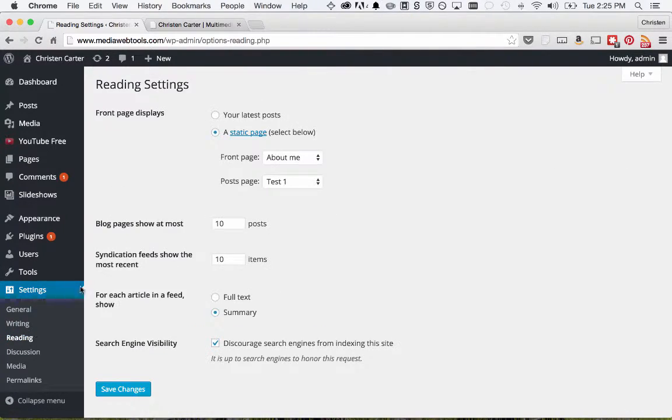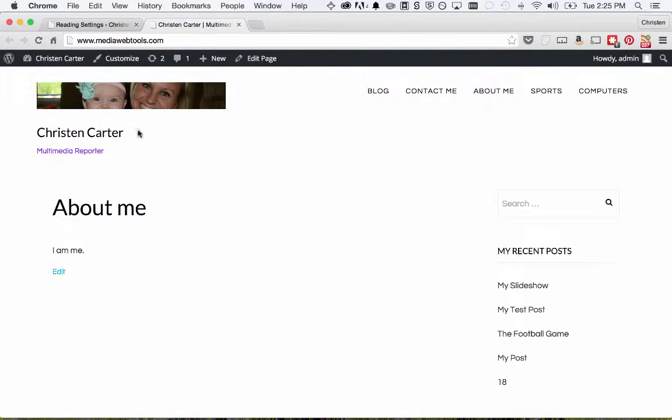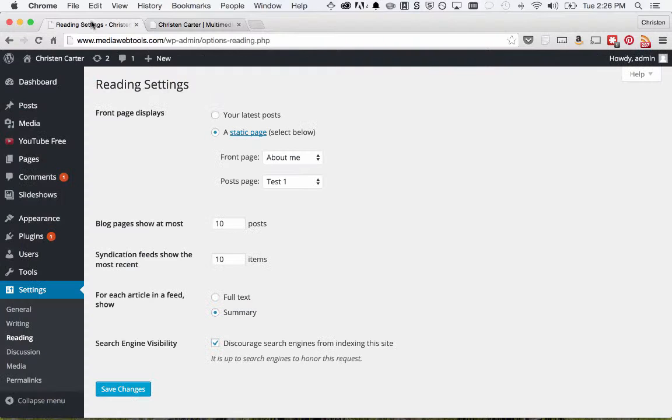On to the reading section. Okay, so we talked about this in the previous video a little bit, but you can choose to have your front page displaying. So this is my About Me page. And if you're doing a portfolio site, you might want it to be the About Me page because you might say, hey, welcome to my site. I'm a multimedia reporter. Check out the links on the side to find out about my work. So I can do that. Or if I want it to be all of my posts, I can change it to my latest posts. So when I save that